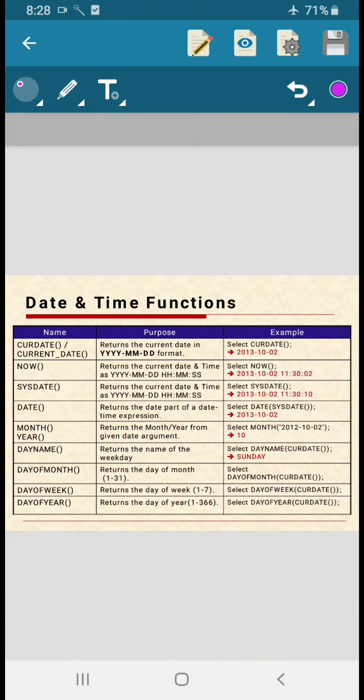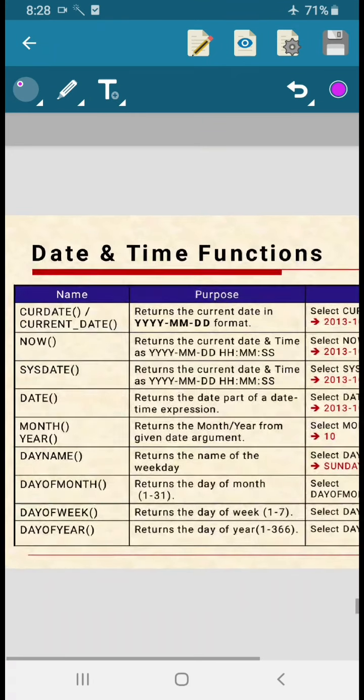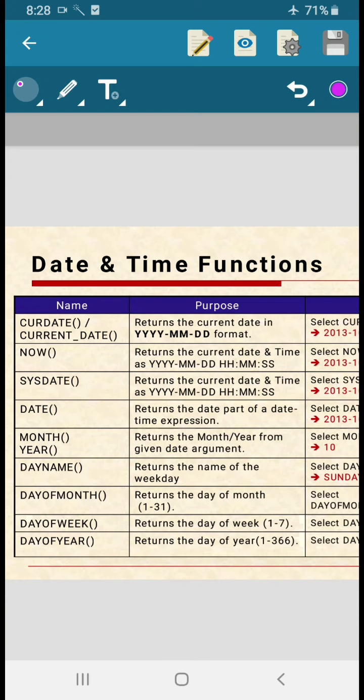Okay, then coming to the date and time functions. The best example for scalar functions are date and time functions. Whenever they ask you to write any two examples of scalar functions or single row functions, the answer will be the date and time functions. Very very important note, students, learn this point. Scalar functions or single row functions are date and time functions, right? Okay, let us discuss one by one with examples.